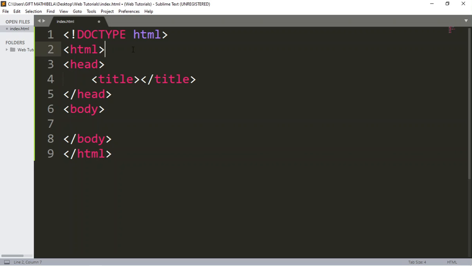And also on line 2 we have a less than sign, html, we close, and the same thing over and over again. So